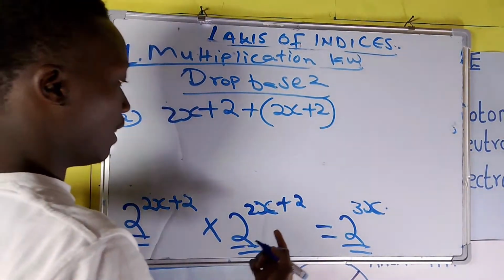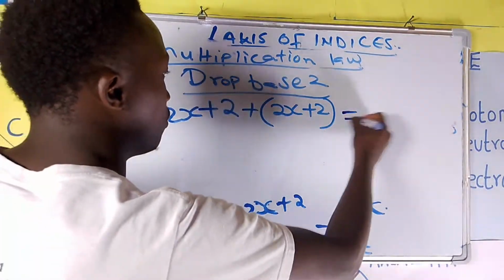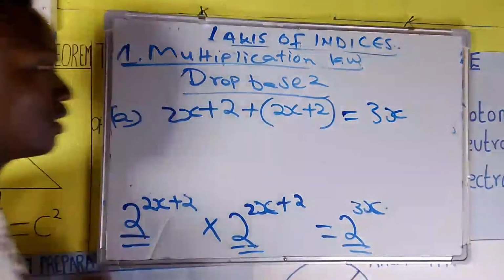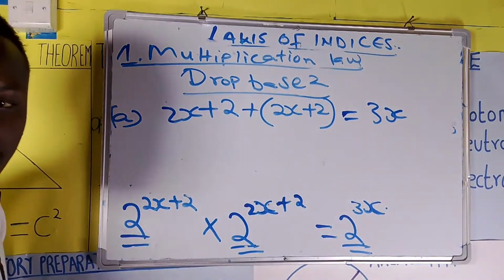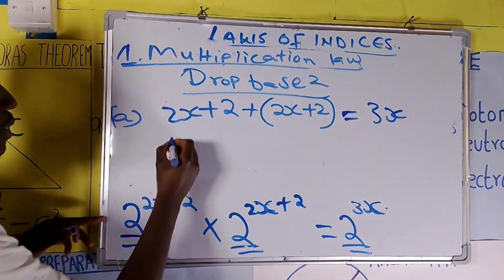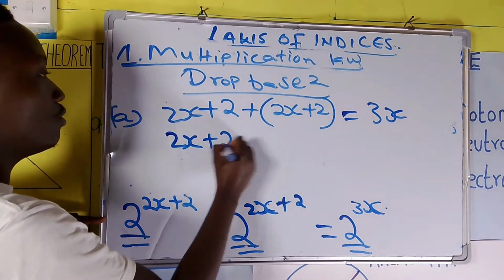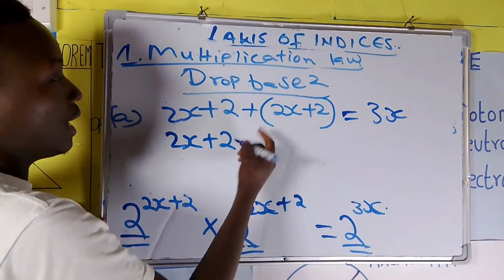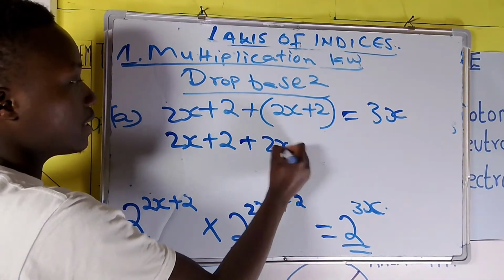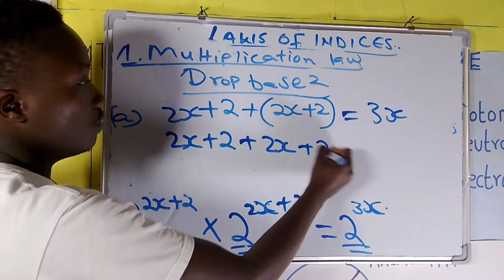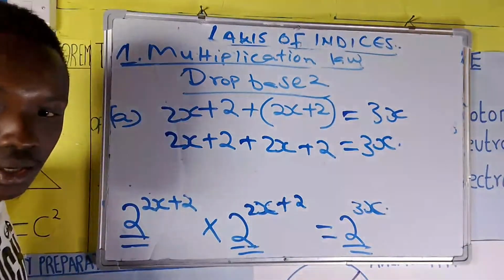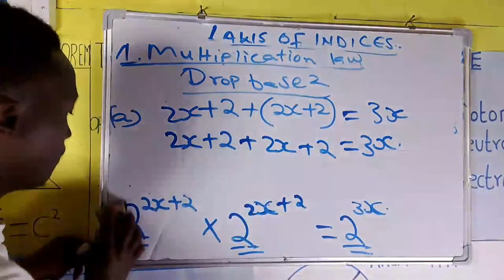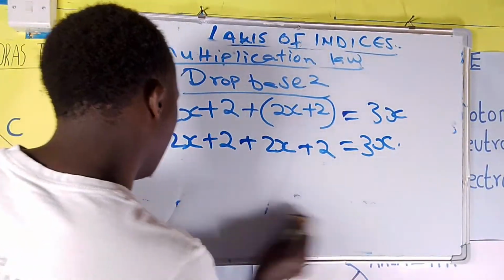Then we have the other side is equal to 3x. So we are now solving the power. We have dropped the base. So that will be 2x plus 2. Then we add here plus 2x plus 2 is equal to 3x. And once we do that,